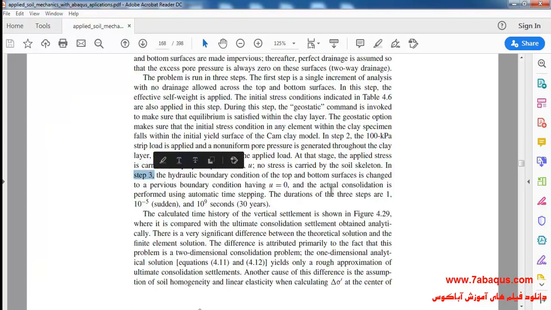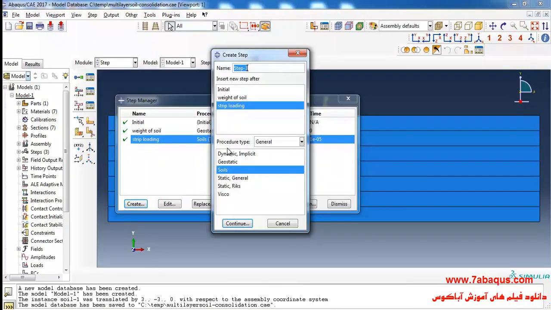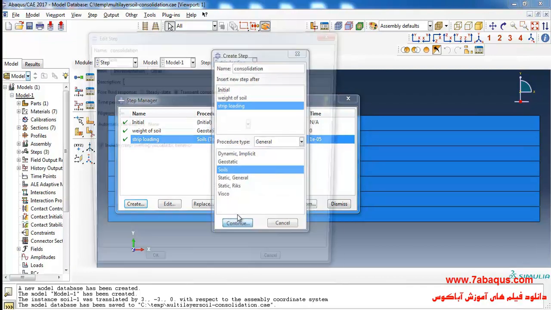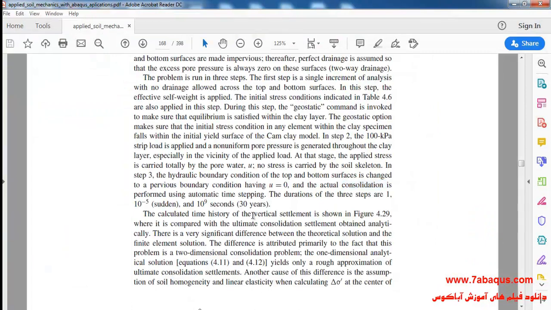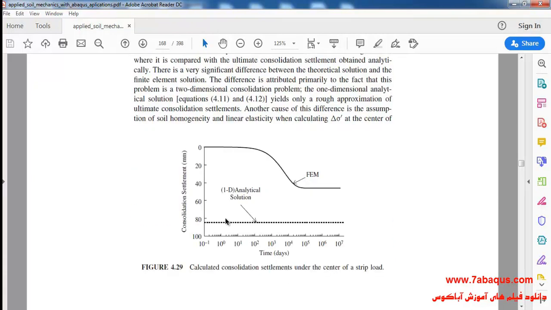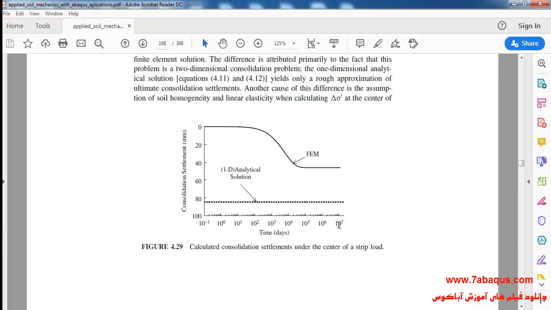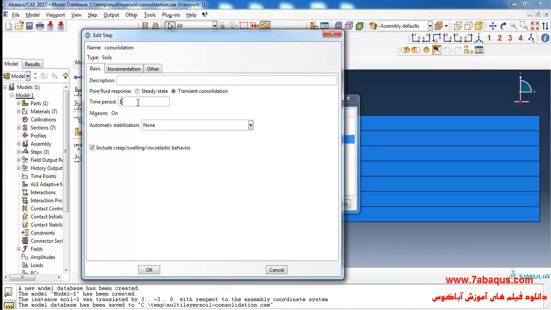Step 3 is a consolidation step. Here I'll select soils, continue. As explained in the book, time period is equal to 1 multiplied by 10 to the power of 9 seconds. But in the diagram drawn here, time period is equal to 1 multiplied by 10 to the power of 7 days. So we should consider a time period more than 1 multiplied by 10 to the power of 9 seconds. I'll enter time period equal to 1 multiplied by 10 to the power of